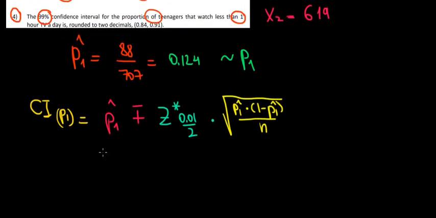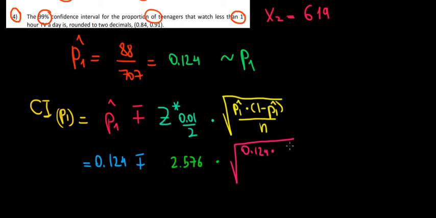Let's do so. That proportion we just discussed, that's equal to 0.124 plus minus the critical value Z, which is equal to 2.576. We can find this in the last row of the t distribution table. Those are the Z critical values depending on various significance levels. And over here we have to substitute some numbers. So we're going to have